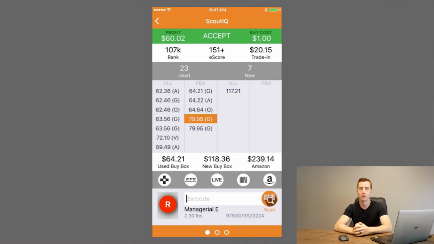Alright, let's dive into the first method. The first method I'm going to show you is using the Scout IQ app. As you can see on the screen right here, if you've used it before, this screen will look familiar to you. I want to draw your attention to the bottom left-hand side. You'll see where the normal book cover is. There's now a circle with a red R in it, or a red circle with an R in the center